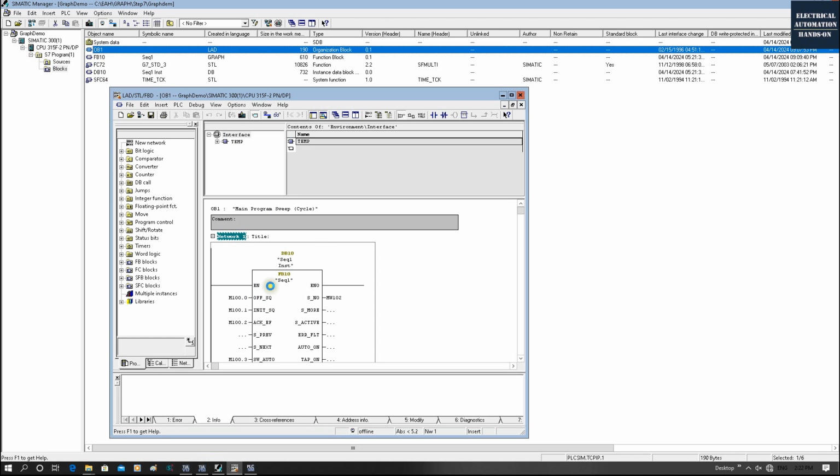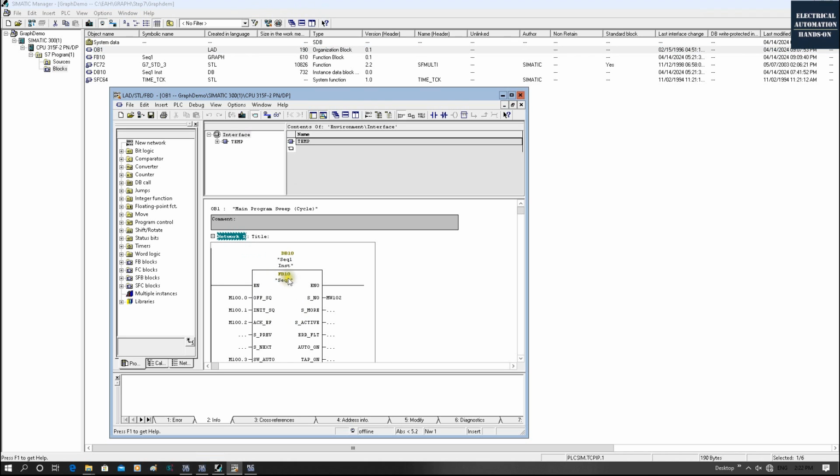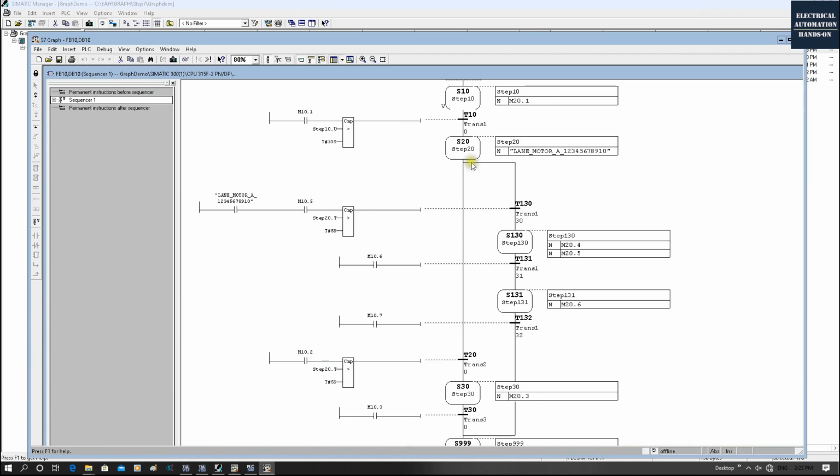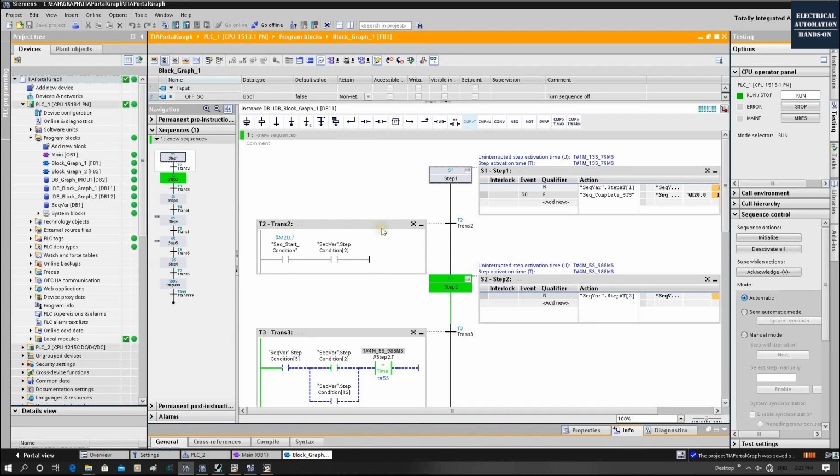And I showed from this OB1 we called FB10, and this is sequence 1. I shared some of my experience. From here we opened it and discussed some settings, the timer and supervision mode, and some other tips and tricks. In this video, I will use Step 7 as a base and share some tips and tricks in